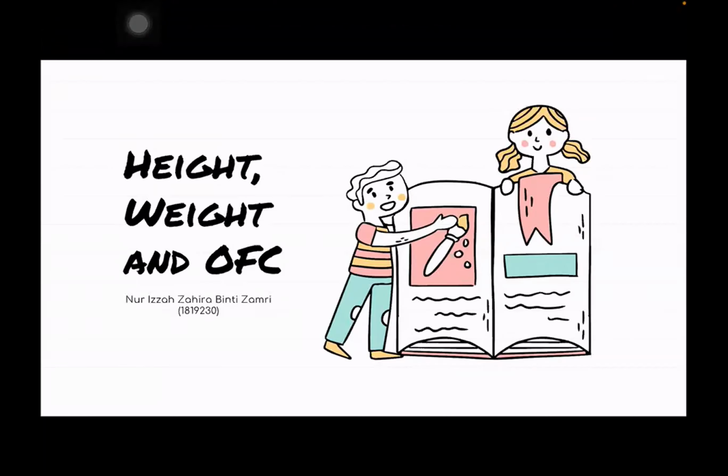Bismillahirrahmanirrahim. My name is Nur Iza Zahira binti Zamri, and today I will present regarding the height, weight, and occipitofrontal circumference in pediatric patients. Okay, so